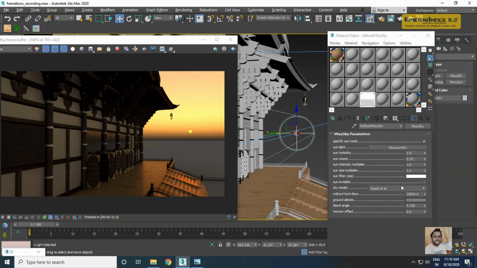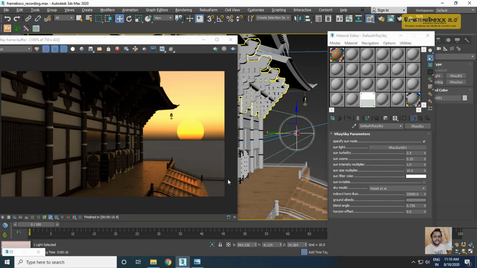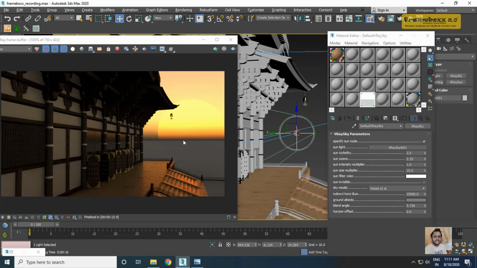So after doing that, I can just go to the sun size multiplier and I can increase the sun size. By default it's on 1, I can go for 10. Then I can take a render. See, now this is the magic which is happening. I'm getting a sun which is fairly large. This value can be increased according to the requirement. I will keep it to 25. Let us go to the extreme and take a render. Now as you can see, my sun is very large, good for cinematic lightings.